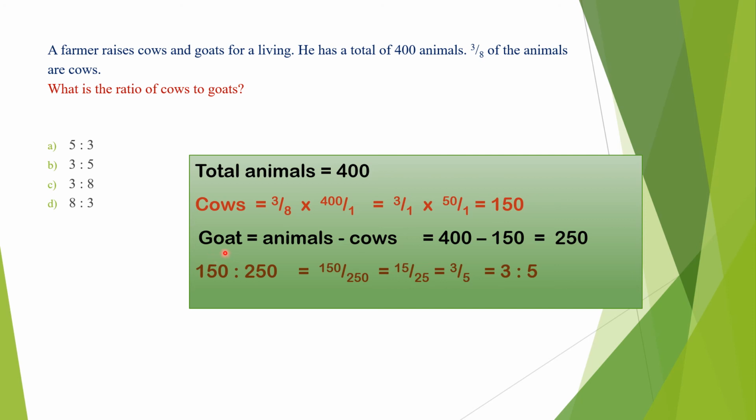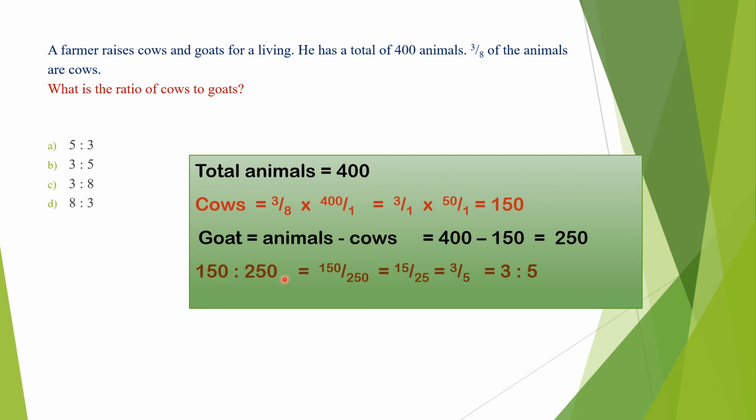Goat is equal to animals minus cows. 400 animals, as we would have known, minus 150 cows. That is equal to 250. Hence, we have number of cows, number of goats. We can go ahead and write our ratio. Cows are represented first with 150 to goat, which is second. So 150 colon 250. And that is the start of your